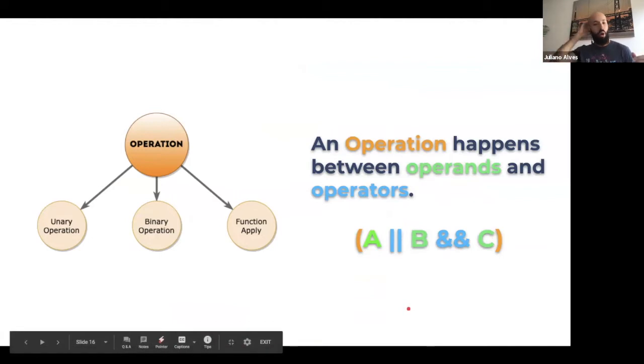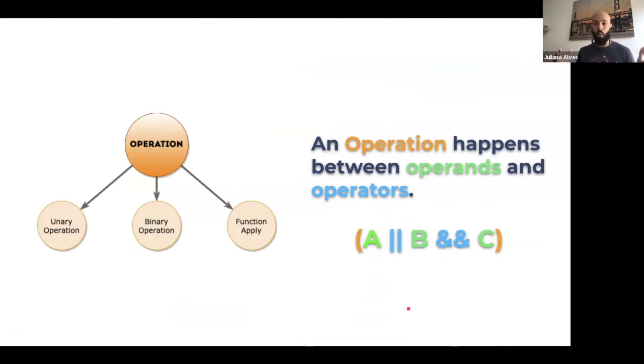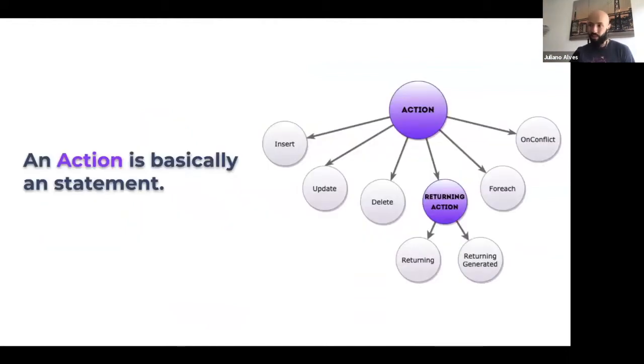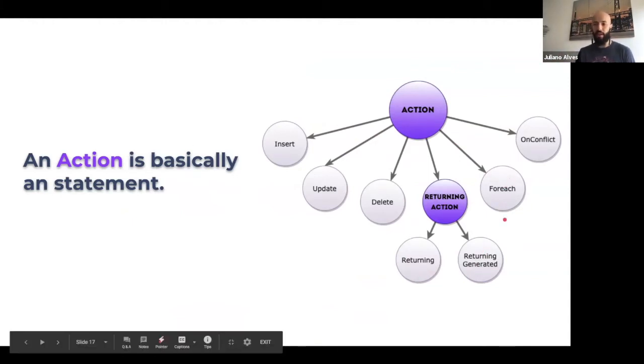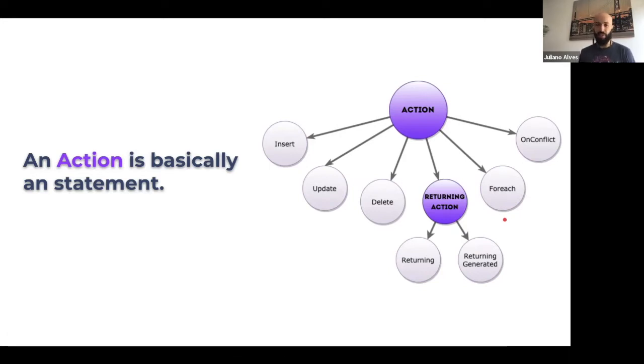Those are the components of what we consider inside Quill an operation. The next one is an action. And I see an action pretty much as a statement, more or less. For each here, for each is a handy action as well, but not a direct action that we run as a direct statement, not exactly. But then again, it's an abstraction. Everything else is clearly based on SQL statements like delete, returning, update, and so on and so forth.